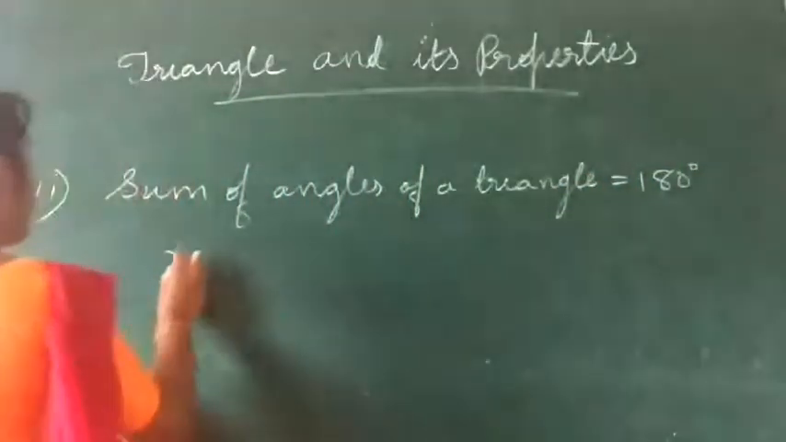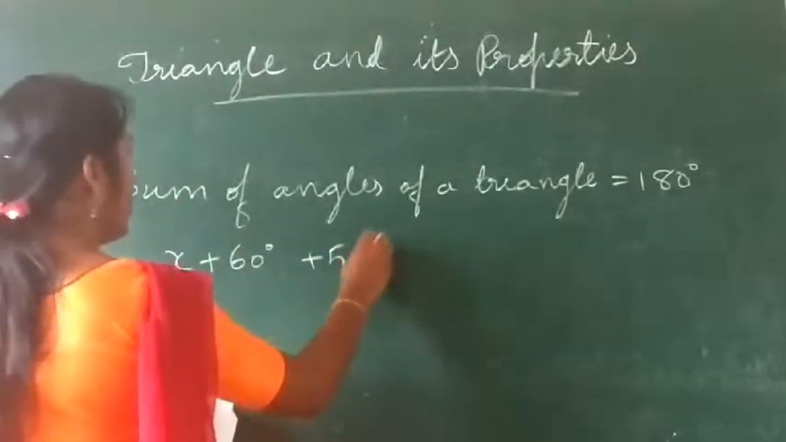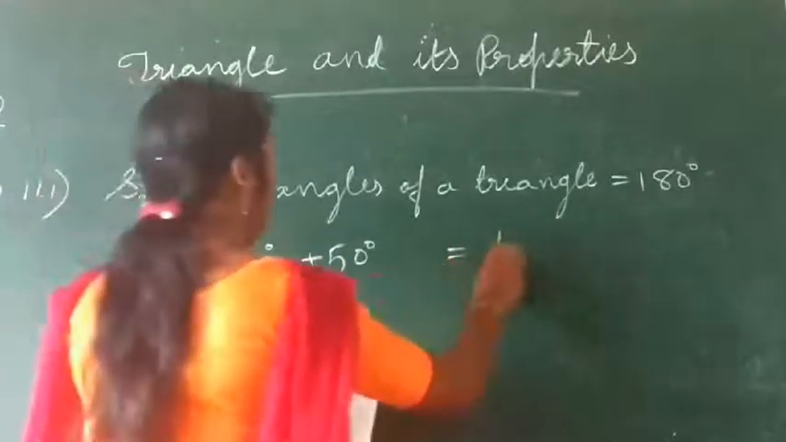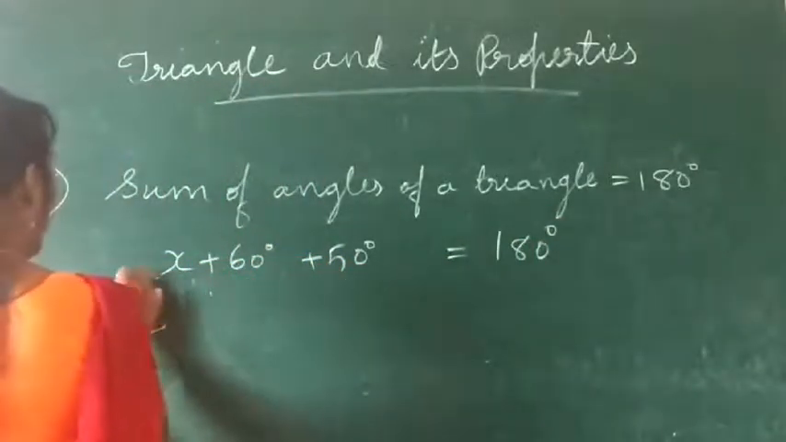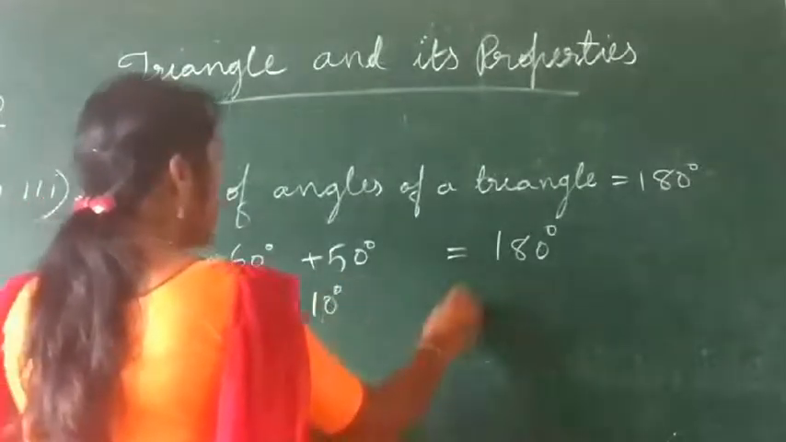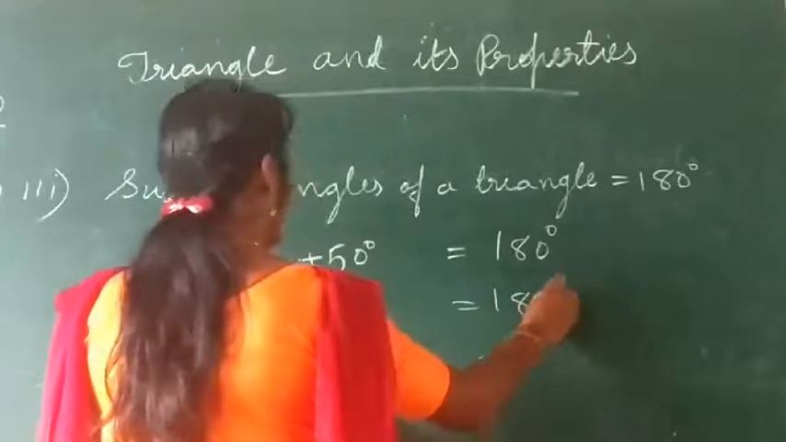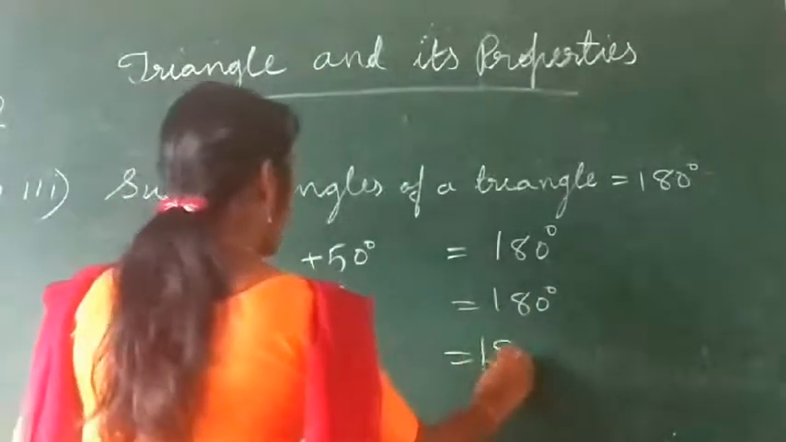So x plus 60 degrees plus 50 degrees is equal to 180 degrees. That implies x plus 110 degrees is equal to 180 degrees. Implies x is equal to 180 minus